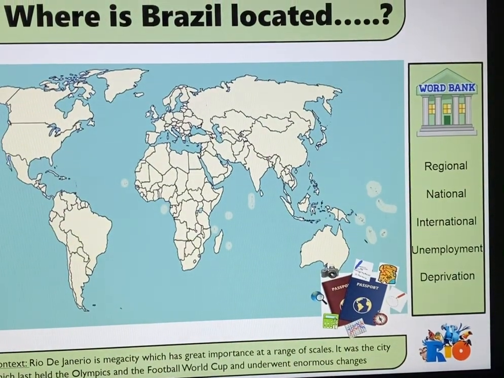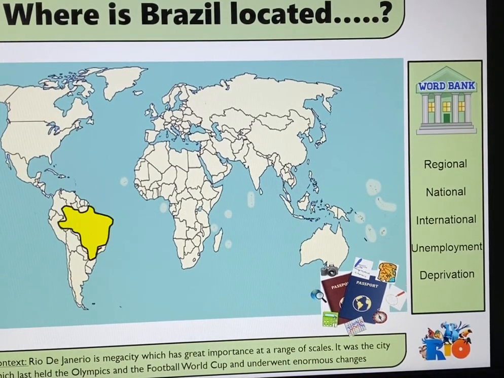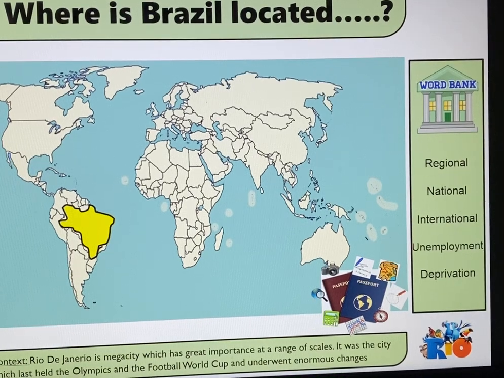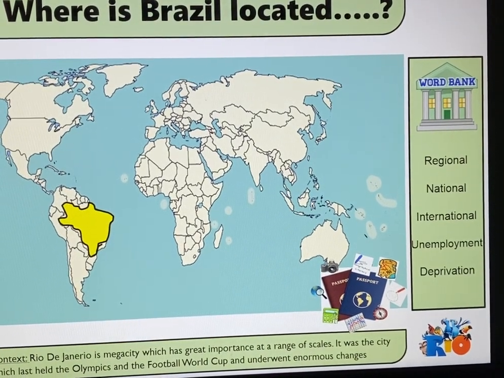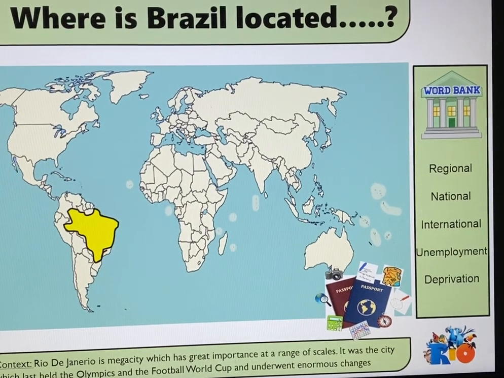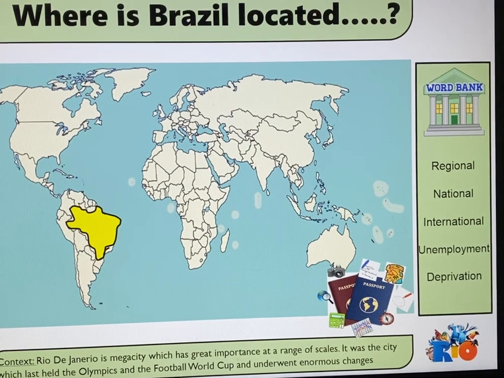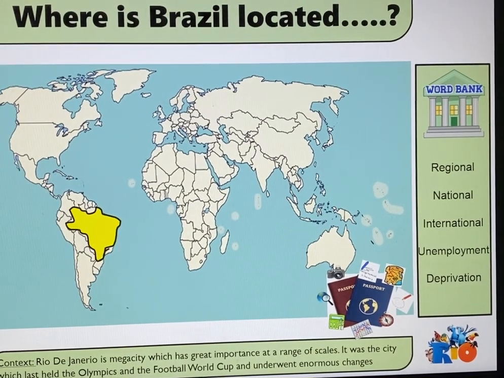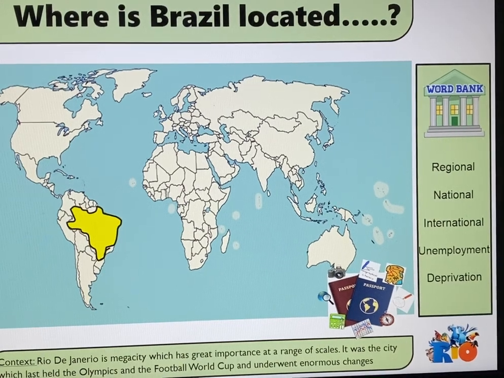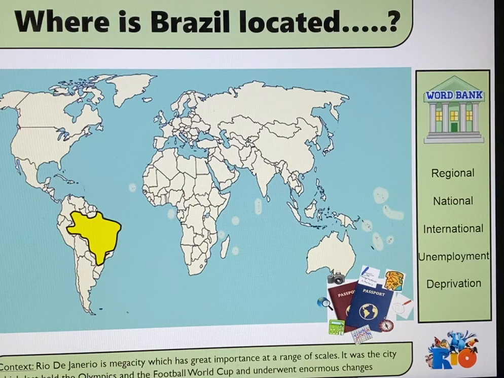So, where's Brazil located? This is all about Brazil and Rio. You can see here on this yellow splodge that Brazil is located in South America. It's the 5th largest landmass in the world, and it's significantly bigger than Britain. You can see that from the map, but also from its population. You know from doing the multiple choice quiz that Brazil has a population of over 200 million. This is 4 times bigger than the UK's population at 56 million.